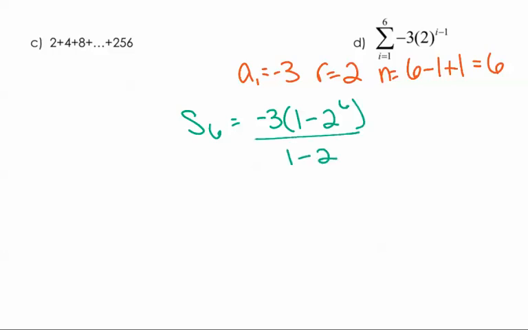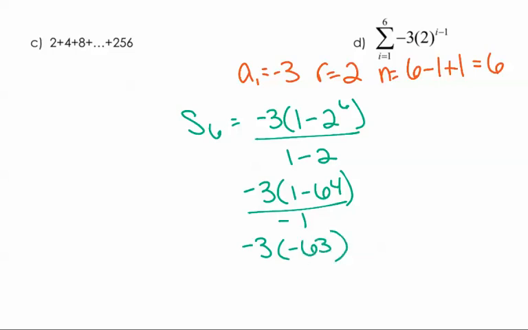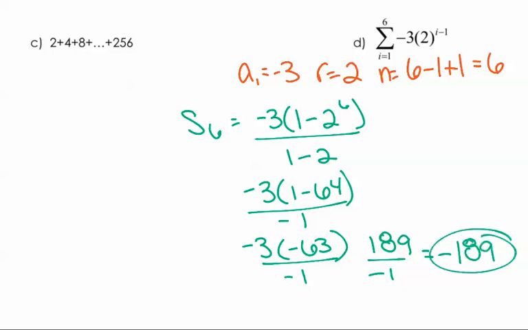So go ahead and do that. 2 to the 6th, and we'll have negative 3 times 1 minus 64 all over negative 1. So negative 3 times negative 63 divided by negative 1. So that's going to give us a positive 189 over negative 1, which means our answer is negative 189. Check your